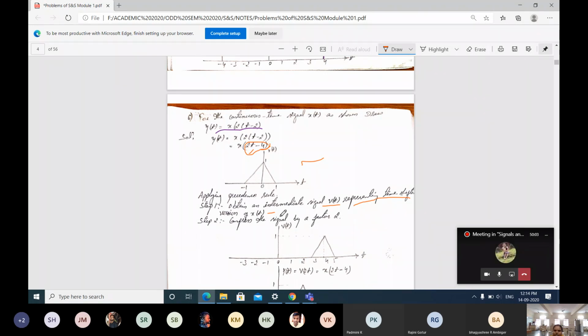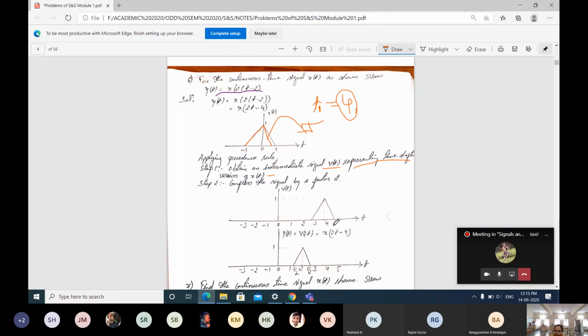What is the time shift operation here? How much is the shift? In this example, what is the time shift? T0 is going to be taken as plus 4. It is already minus there, for that reason T0 is a positive value 4. Means the whole signal is shifting towards the right side because it's a positive value. Right side, how many positions? 4 positions, right?